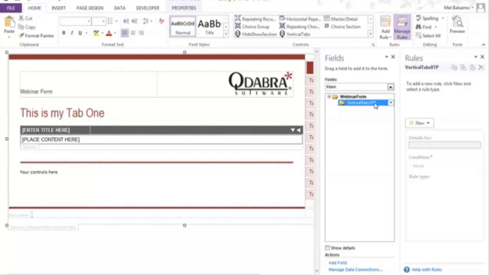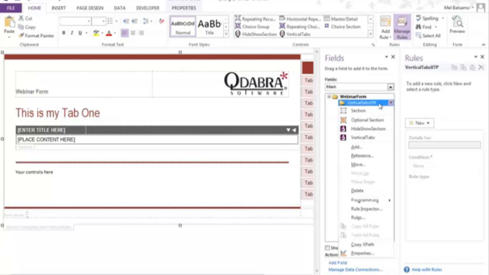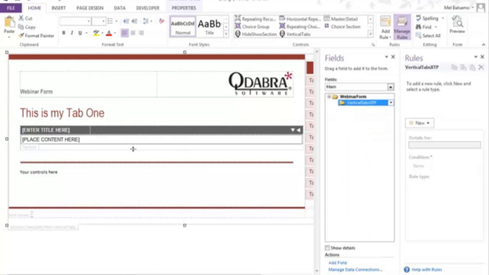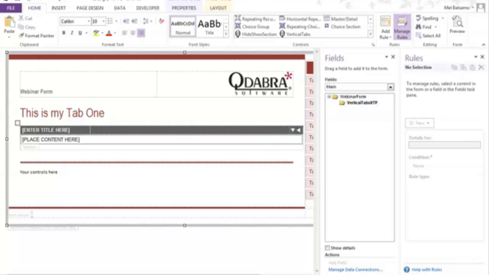Because right now, if you click here, it's bound to that vertical tabs FTP group, right? But I can actually move everything here outside of that section, so I can remove this. I don't need this group actually. Anyway, okay, so I did what it told me to do, and let's try